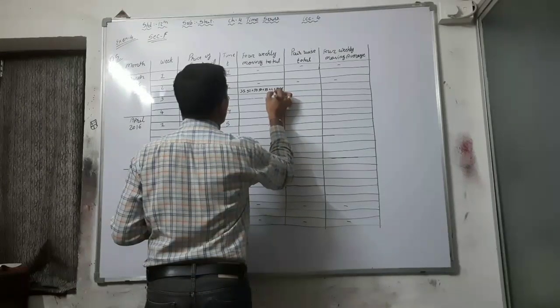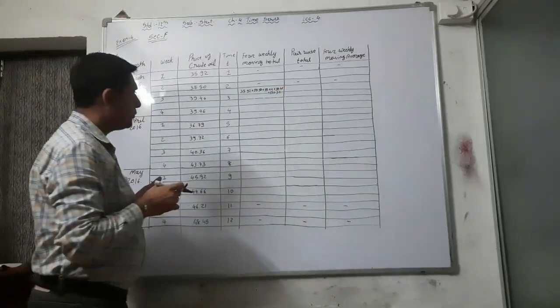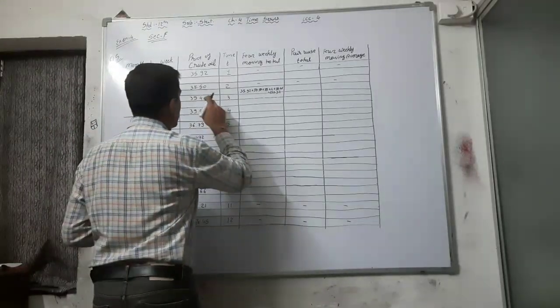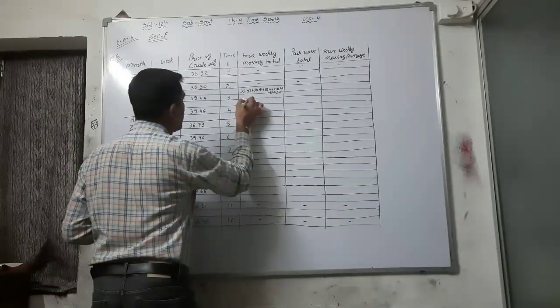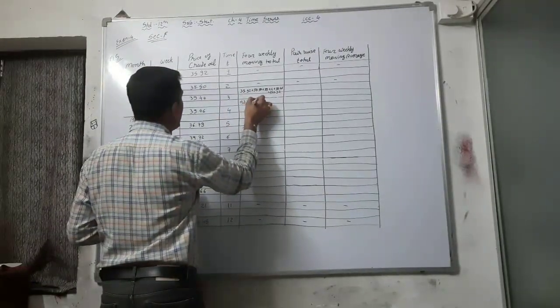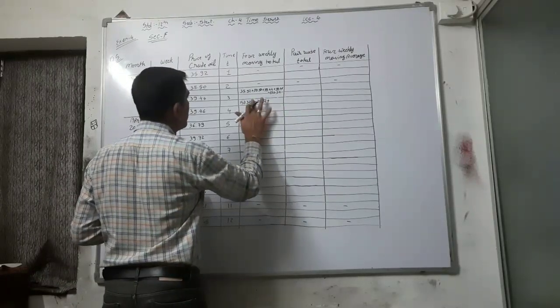I am writing here 153.32. Right? Okay. Now, next, in that 153.32, first of all we have to write, then subtract first one, that is minus 35.92, and add